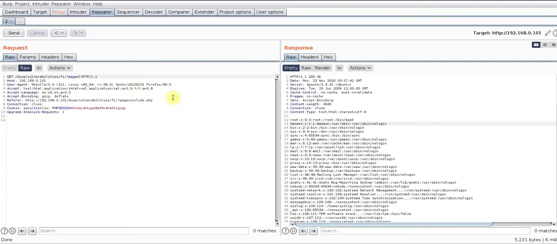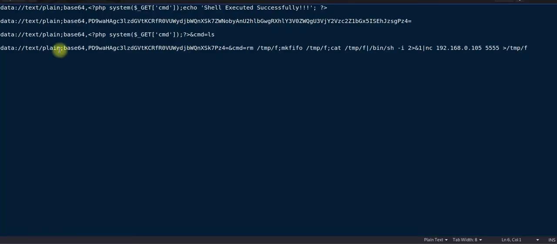And how it works, I have created a couple of payloads to explain this. It works with data: then text/plain, then you use base64 encoding and encode your payload over here. Let's suppose this is one of the web shells, the mini web shell of PHP. Here is cmd, which is the variable parameter, and this will be executed by the system function. Once this is executed, I should know that my shell is executed on the server. So that will pop up here and show that shell executed successfully.